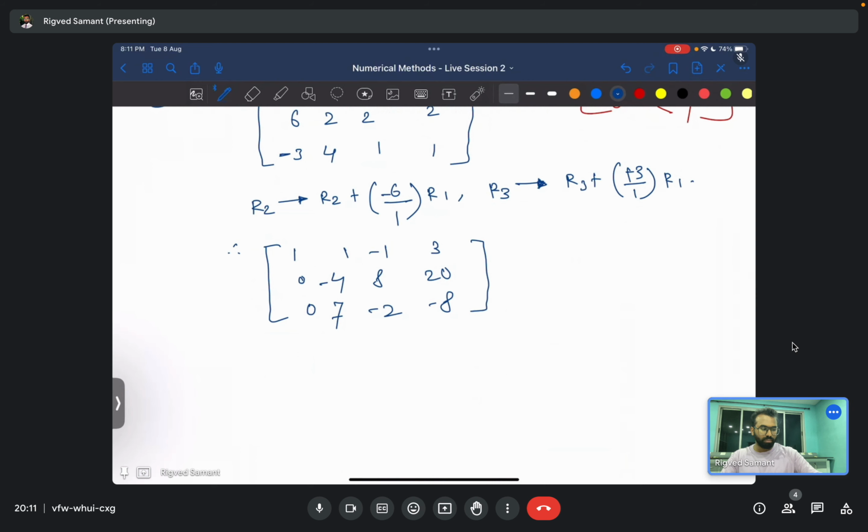What is the second step? Next one. Again, make it 7, 0. First, we have to target lower diagonal. Next, we have to target upper diagonal. What do you do here first? Can you directly go for this, or do we have to do something else? So what we'll do is,